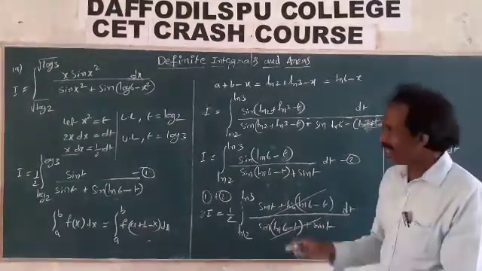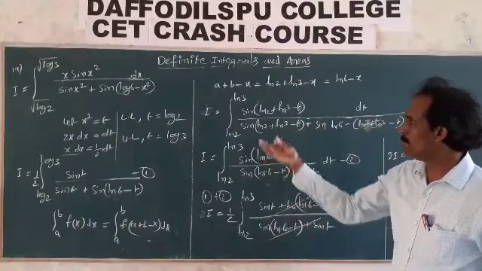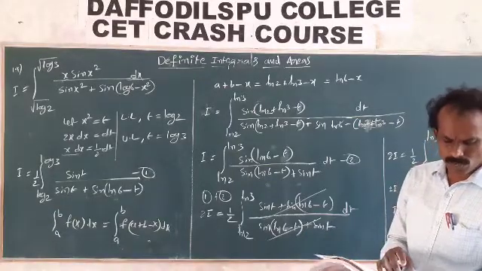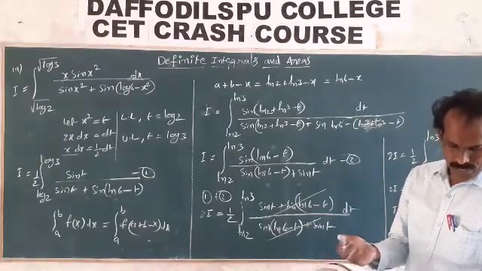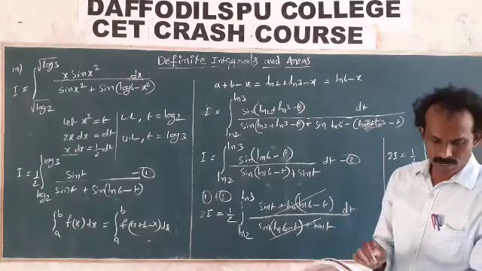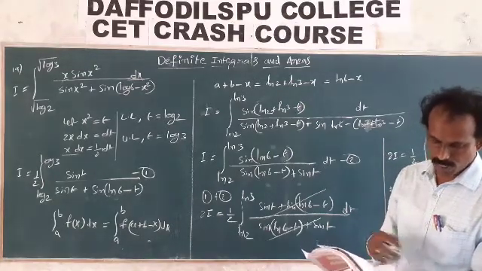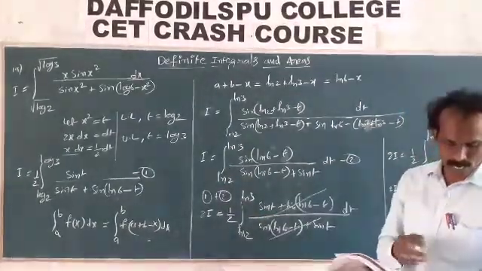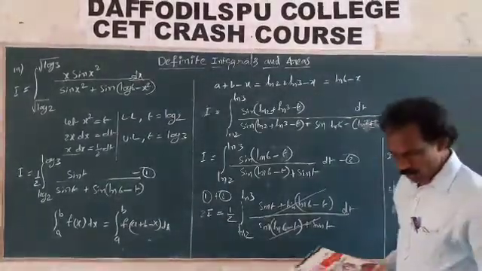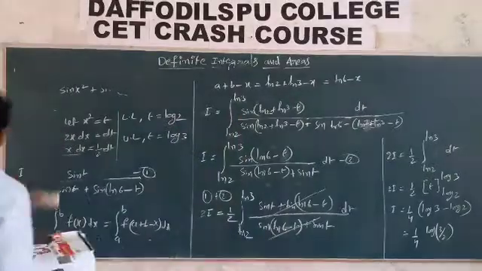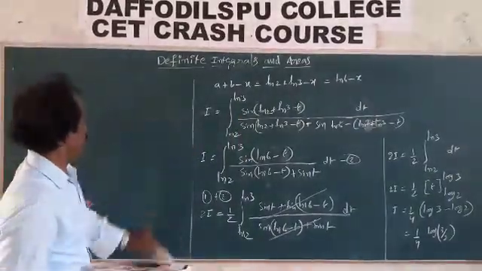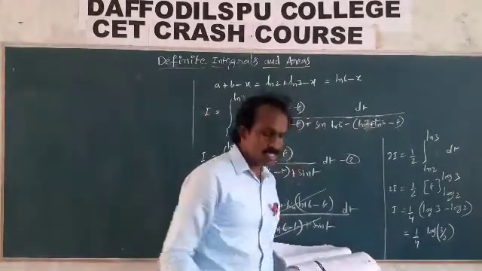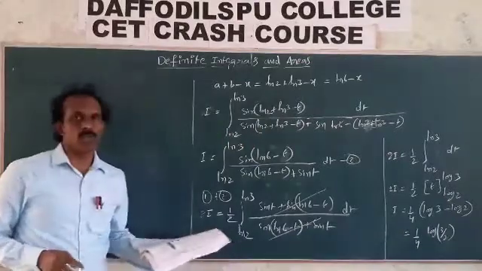Question 20 also uses the same process, the same method: apply the a to b form to f of x, and the numerator and denominator cancel. Questions 21, 22, 23 are also the same, so do these problems like this. Apply this formula: the integral from a to b of f of a plus b minus x. Here in 21, the nth root of secant x. These types of problems are in our theory, also in the last exercise 7.11.